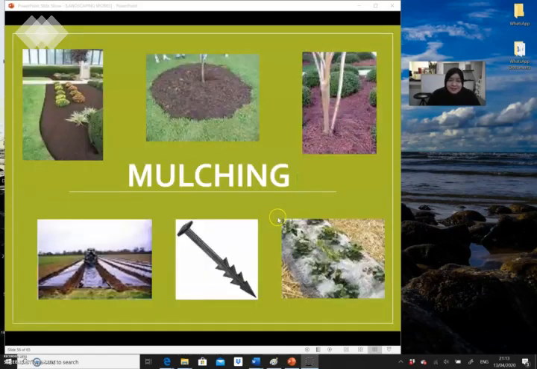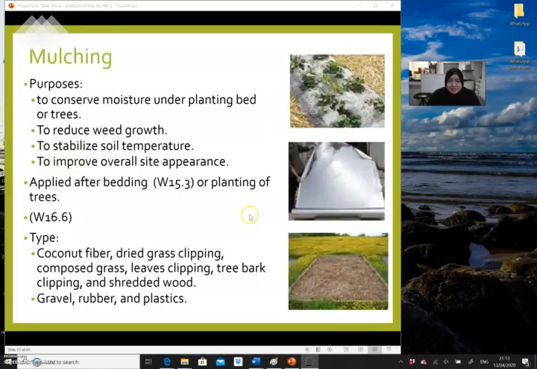W16.7. So mulching is to protect the moisture under the planting bed or the trees. It also reduces weed growth and stabilizes the soil temperature. So mulching is very important for certain types of weather and soil conditions. It should be referred to section W16.6. In the SMM section W16.6,